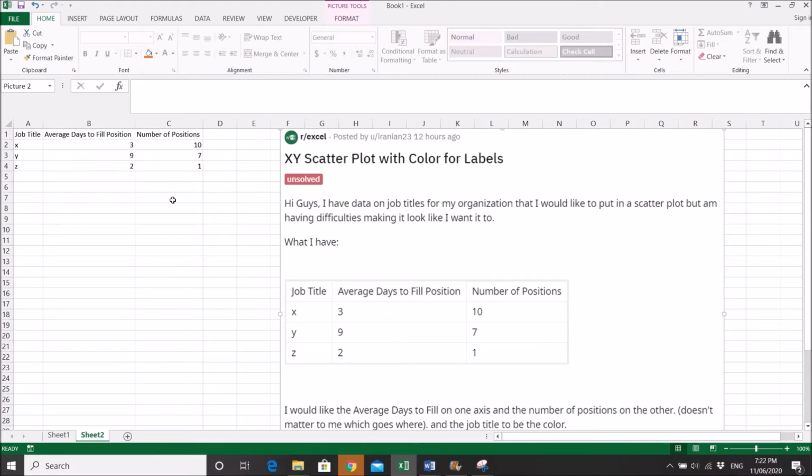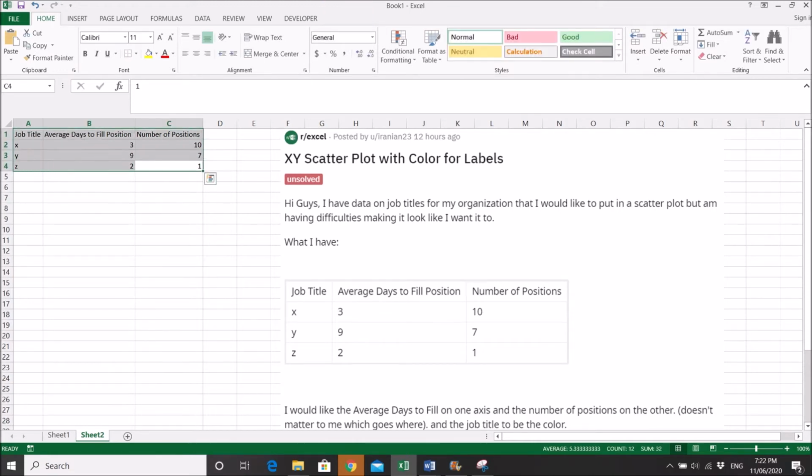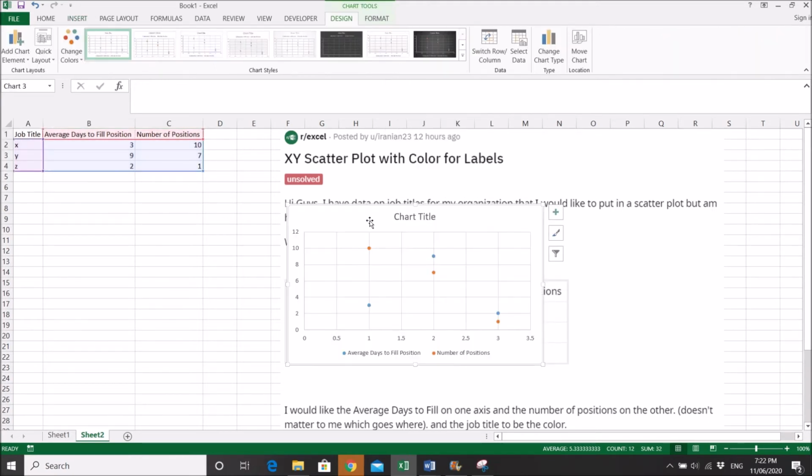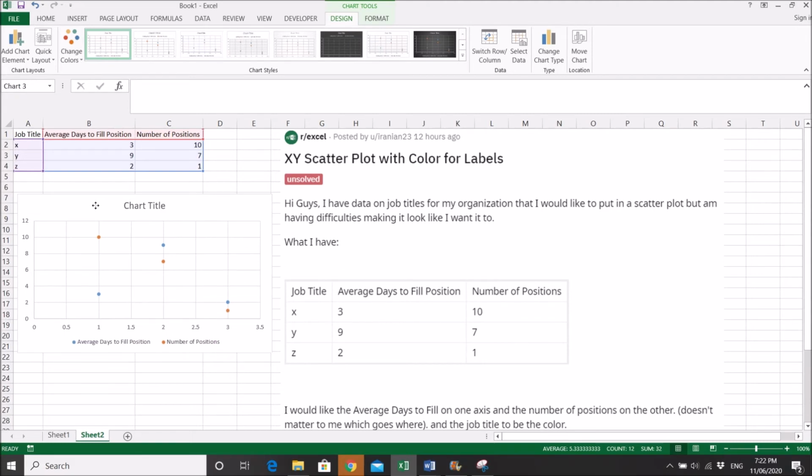So to do a scatter plot, go highlight everything, right? And then insert, then choose scatter. This is your scatter plot, right? So you want the job titles as color, right? So what you do is actually